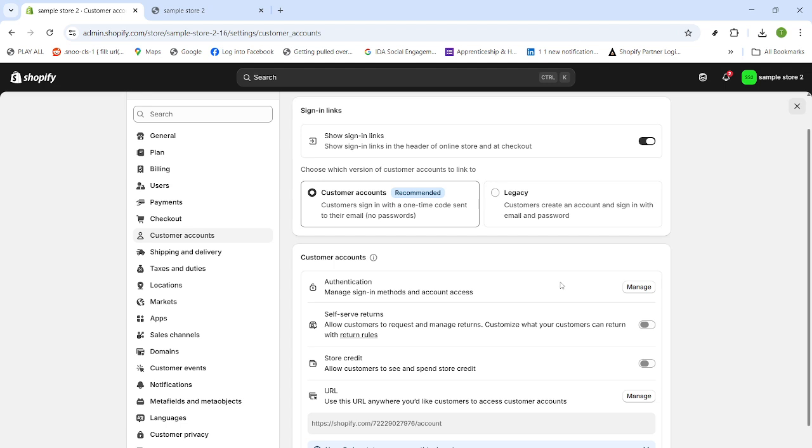Some themes also include a header setting labeled something like Show Customer Account Icon. If your icon isn't appearing, double-check that in your theme's header settings as a quick troubleshooting step. That's it. You've enabled new customer accounts, set passwordless login, and exposed the sign-in link so shoppers can find